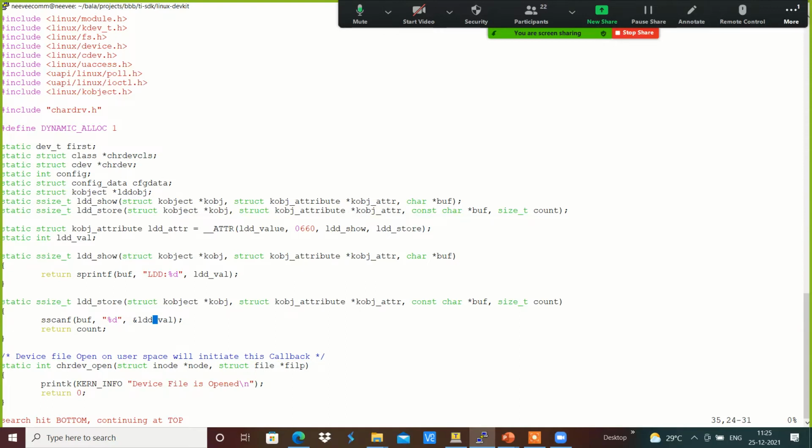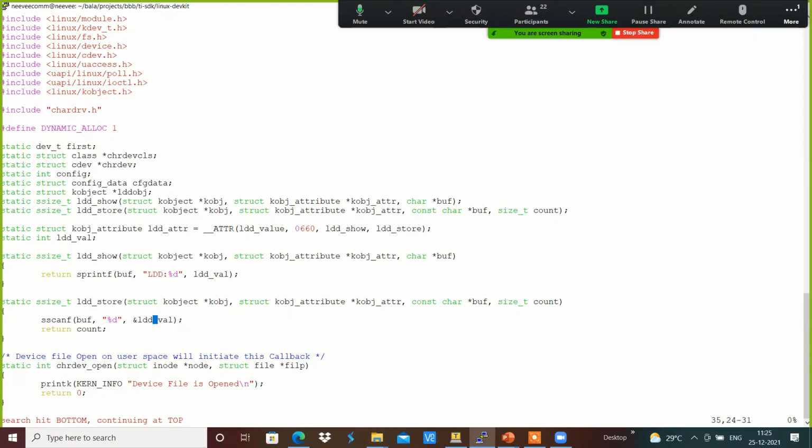This is something like defining a sysfs attribute, the same way we have created, for example, sys LDD and LDD value. The same way, all the sysfs attributes get created by the respective kernel modules, and will be present in the sysfs accordingly.